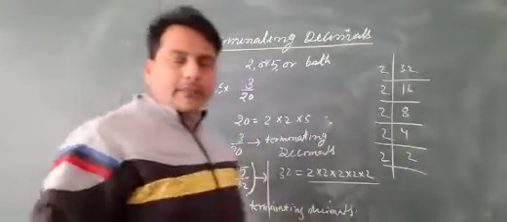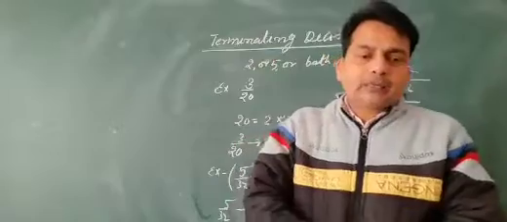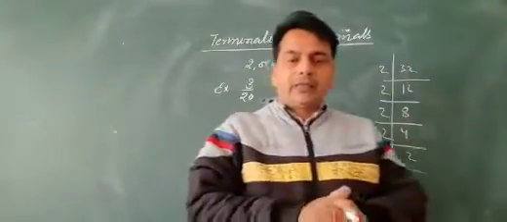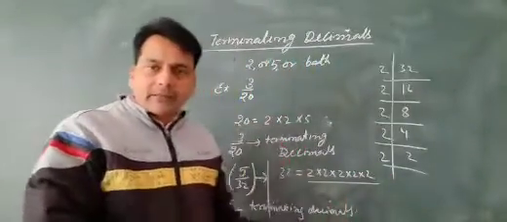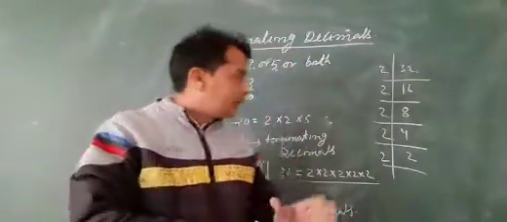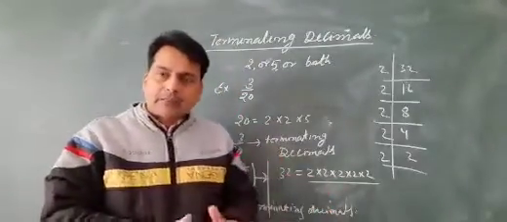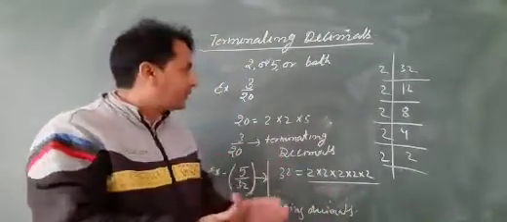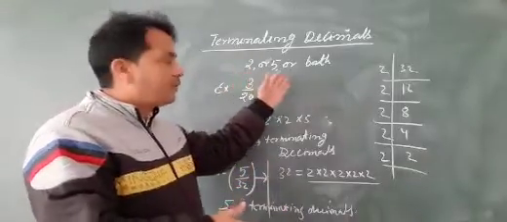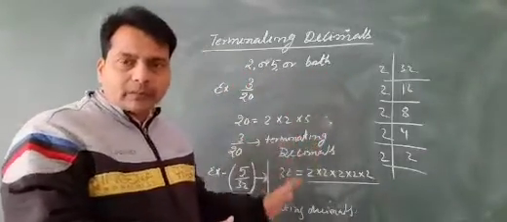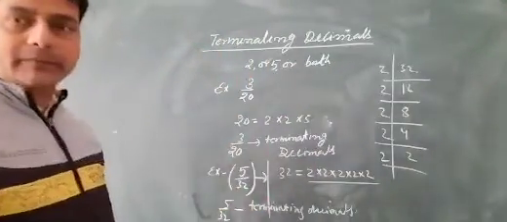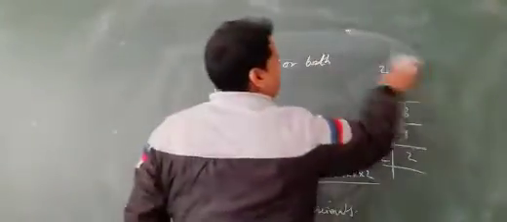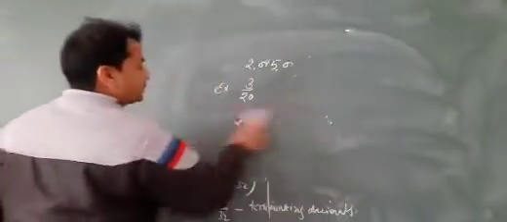So it is clear that if a rational number is one in which the division terminates and which has a finite decimal part, that is called a terminating decimal. Or in other words, if the prime factors of the denominator of a rational number are 2 or 5 or both, it is called a terminating decimal. Now second is the non-terminating decimal.